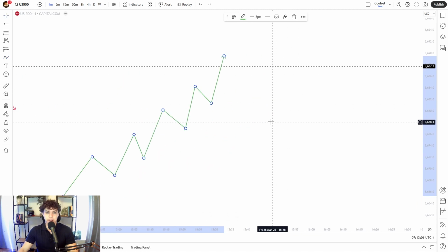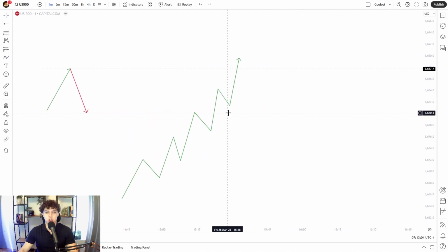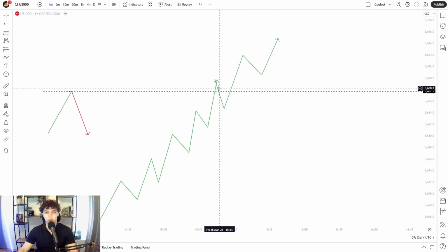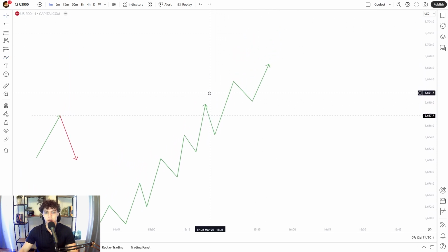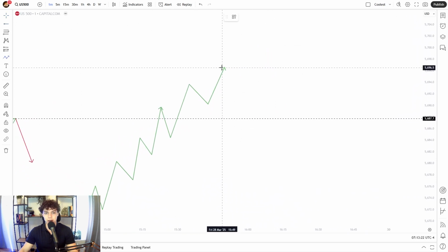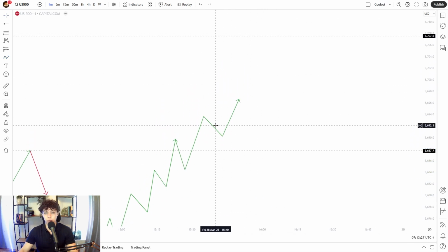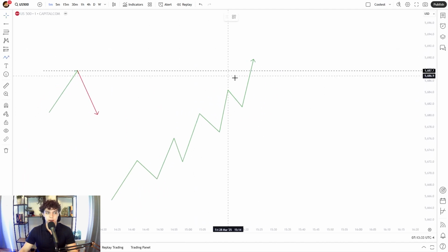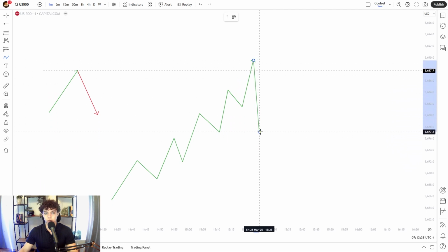Once this gets hit, the thing we want to see is the reaction. How will it react? If it just taps into the 50-minute liquidity and up, taps into liquidity and just retraces and continues to go up, we still want to look for buys, because that means there's more liquidity to be taken. These big banks, they want to take out liquidity, and once they're happy with the liquidity, then they can switch the price direction. But if it continues, it may want to take out more liquidity, so you can continue to look for buys. But if it takes the liquidity and starts to reverse, breaking structure, down candle, closing